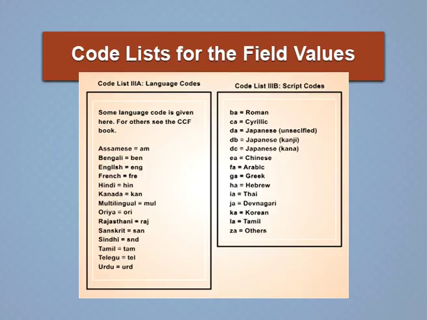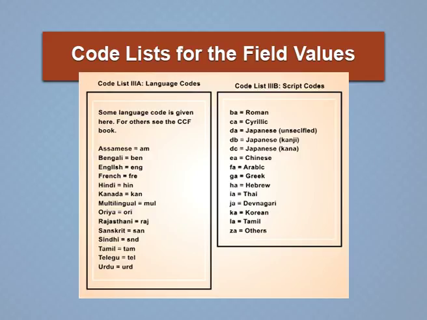And there is a relationship between the script and the language. Say, for example, for English language, the script is Roman. If you are using Hindi language, the script is Devanagari. If you are using Bengali language, the script is also Bengali. So, each and every script is also codified, and you need to take the codified value. Here you can have a look at the codified values. Say, for example,